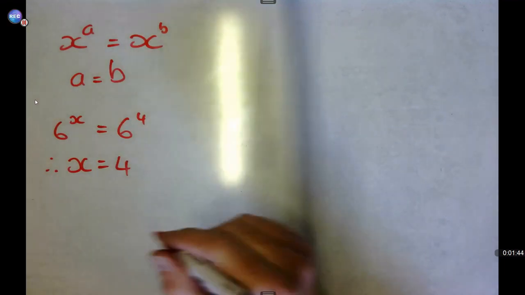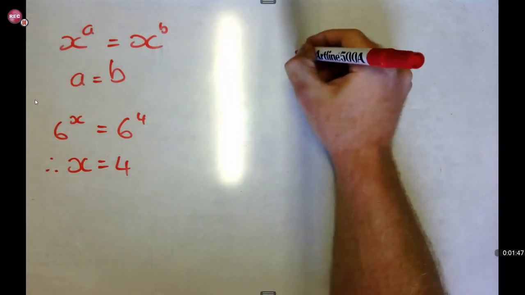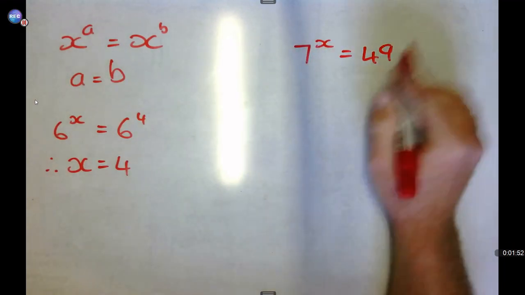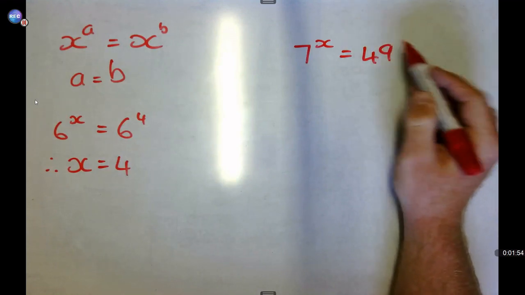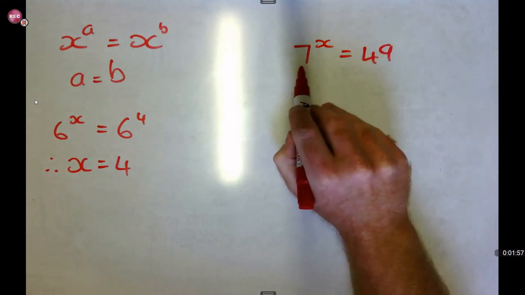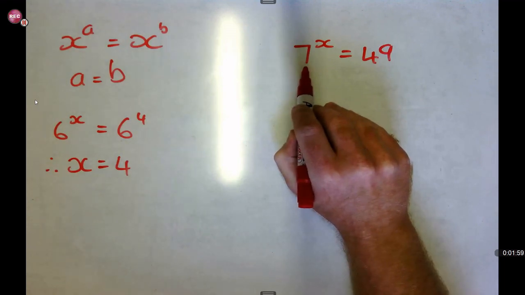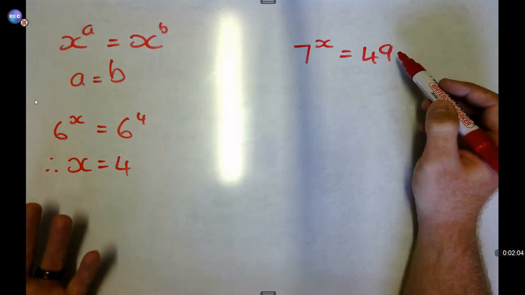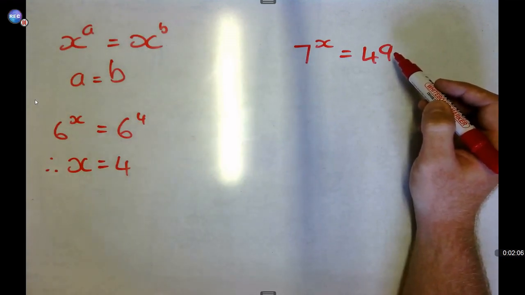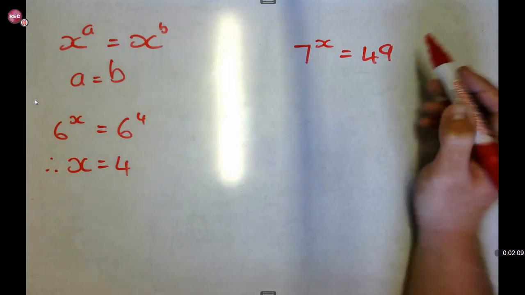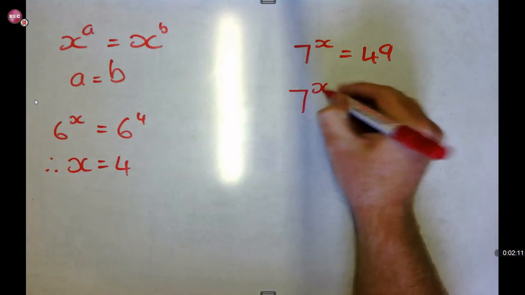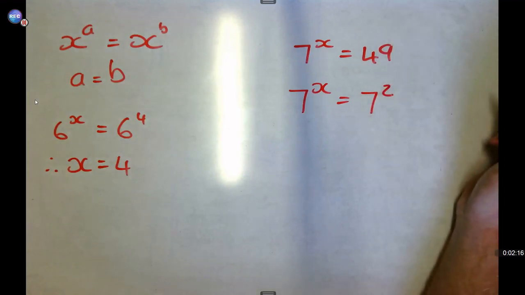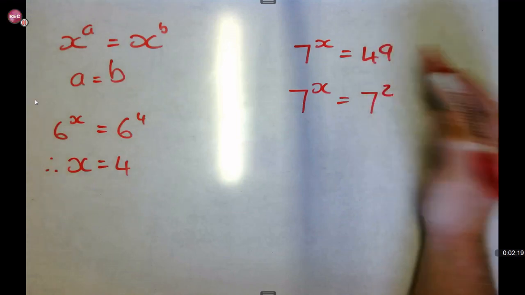Okay, the next question that we've got over here is 7 to the power of x equals 49. So obviously you need to get the base on the right side the same as the base that we've got on the left. The only way that you can do that is by taking the 49, putting it into your calculator, pressing equal, shift, and then the factorization option. If you do that, you will then get on your right side 7 squared, because obviously 7 times 7 gives me 49.